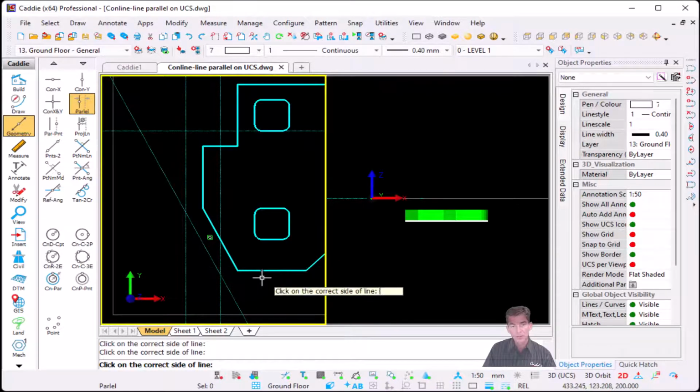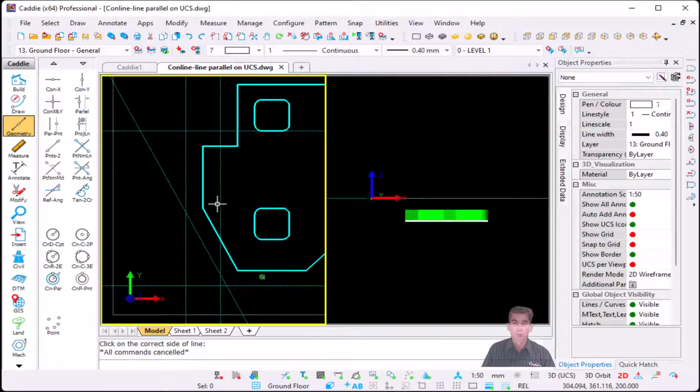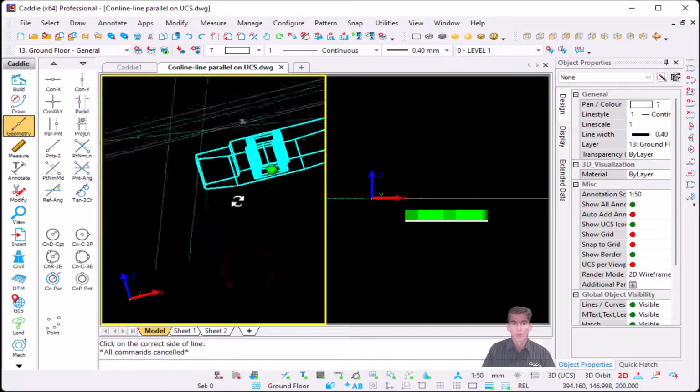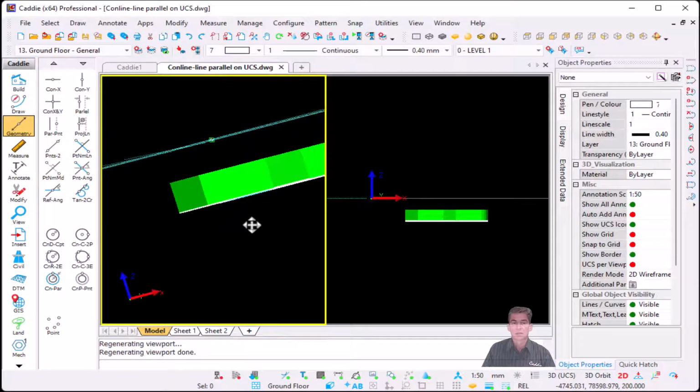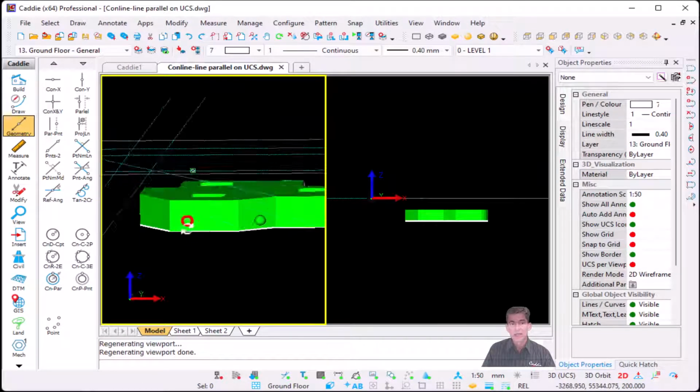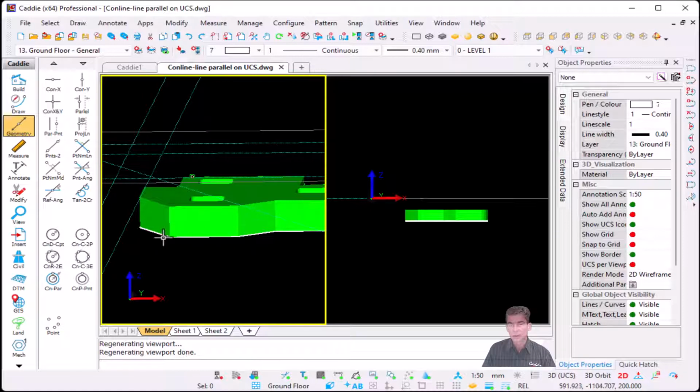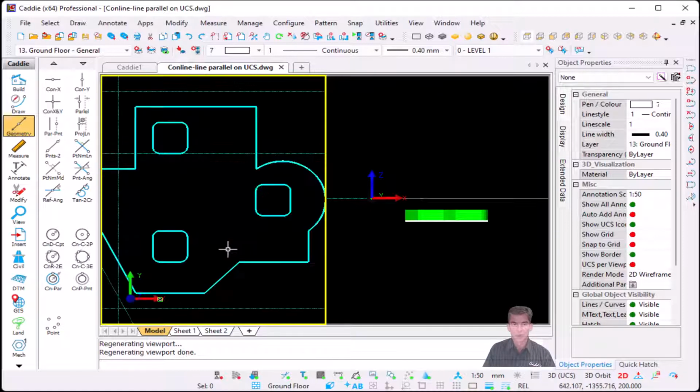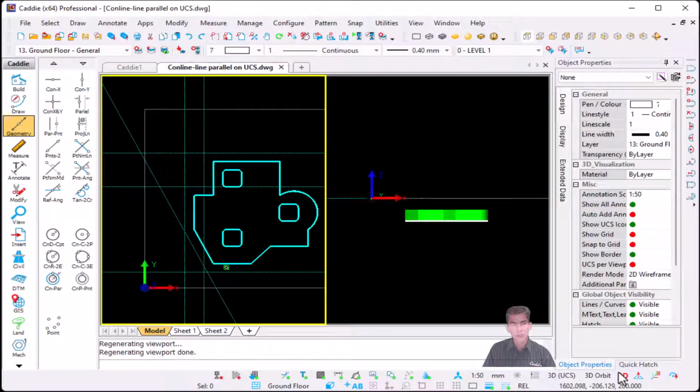Now remember, this construction line is parallel to my polyline that's at the 0 height. So if I orbit it, my construction lines are on my UCS and my polyline is at the Z height of 0. So let's go back to the top view, and because I'm still in 2D,